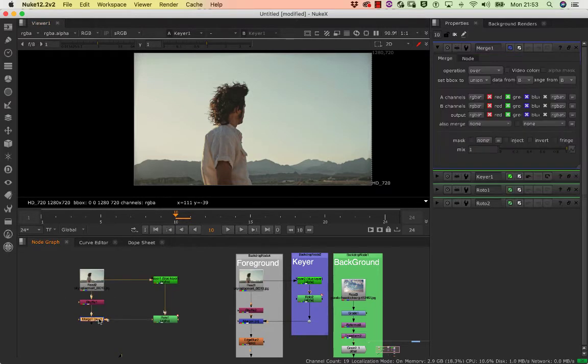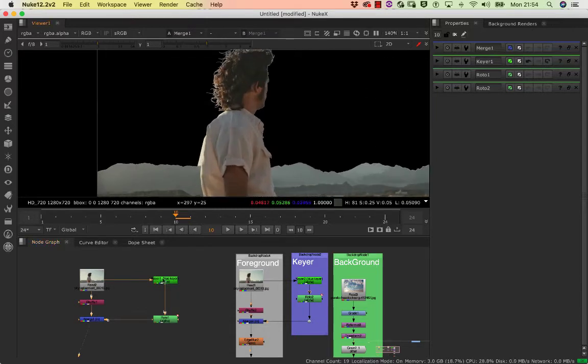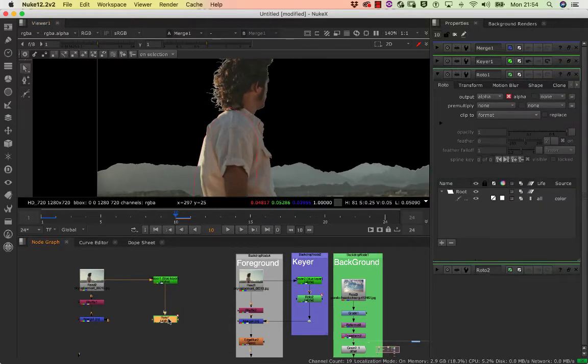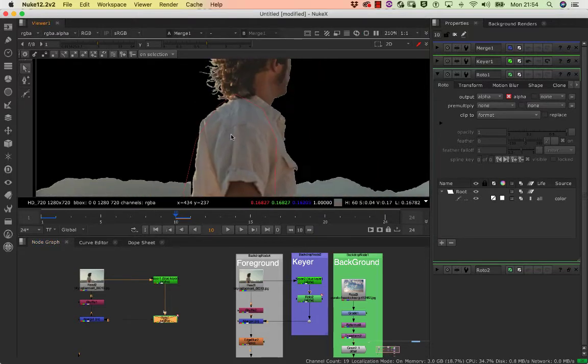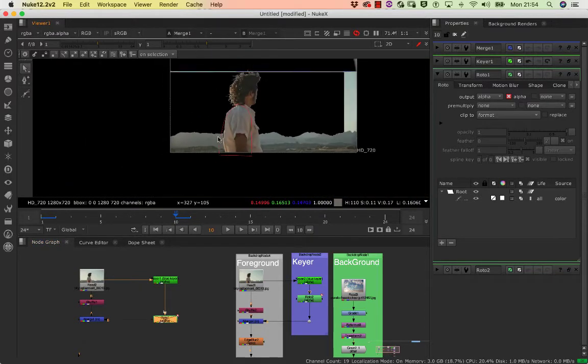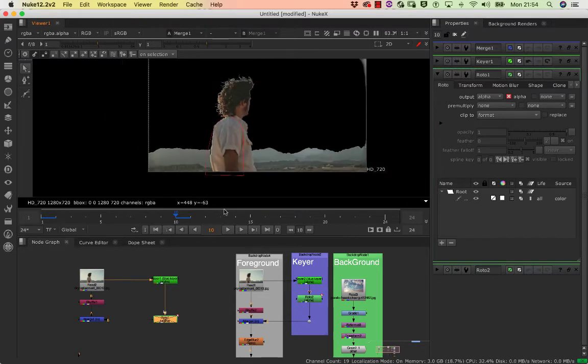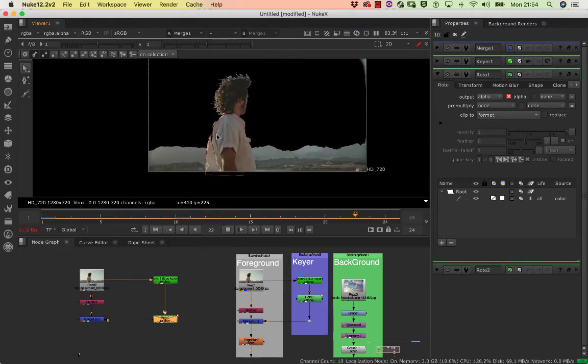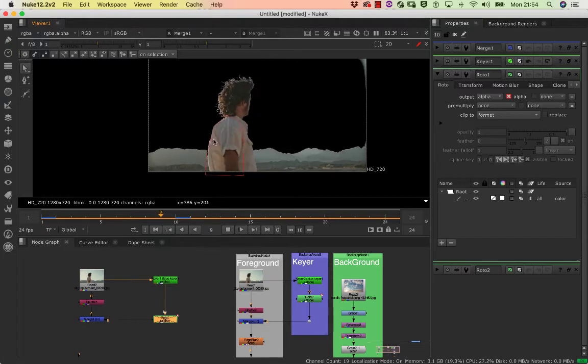So if you just double click on here, at the moment you can see it's over. You just have to go in and then press 1 to view this. See that? And then if I undo this rotor, just do a D there, you see that all this will affect. So if I just play this back like this, see that all that is going to be related. See what I mean? So what we need to do is make sure that we rotor that step by step, and I think in this case